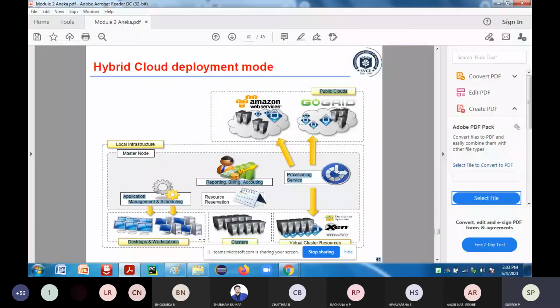Now, if you take the most complete deployment of Aneka, these are the different capabilities of the Aneka framework we have seen. The dynamic provisioning service will be there, and resource reservation is there, as you can see from the figure.